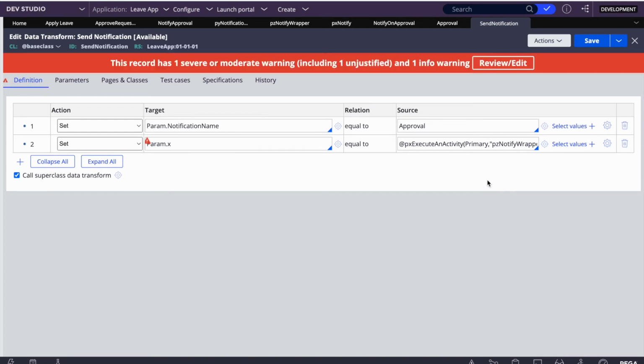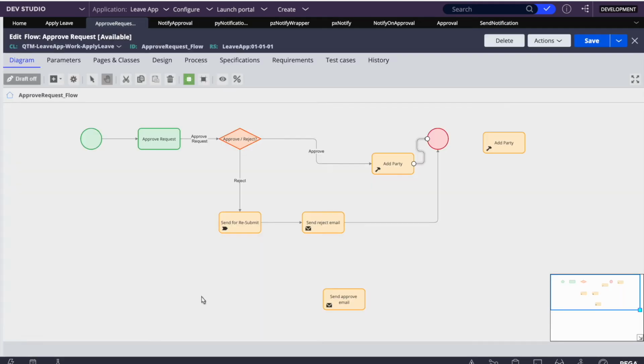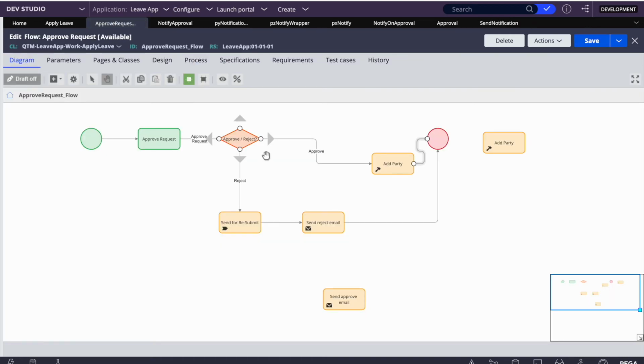Okay, so what basically we are doing, we are trying to call it. We had that shape. From the shape, we just drag the shape and we can use it, send notifications. But what if you are not in a flow, then how can you send it? You can create a reusable data transform, then set the required parameter, and call that same activity. So how can we get that activity? Like I got it,